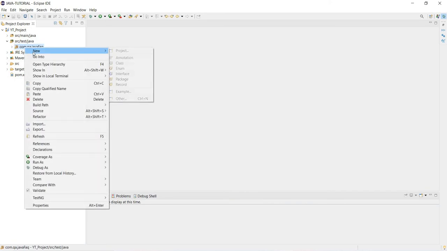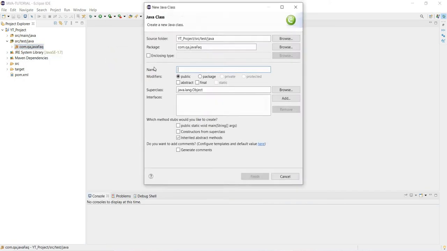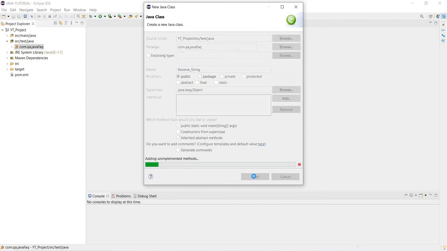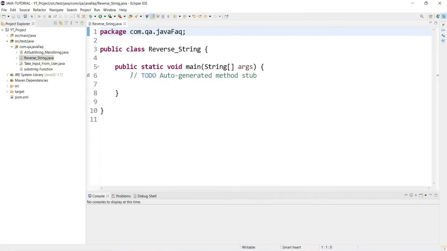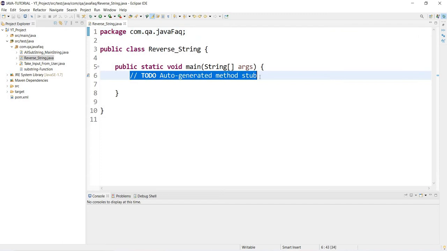In this package we'll make one class, and the class name is ReverseString. Okay, and we'll take the main method as well, and finish this one. So the class is created, and as we know, String is an immutable class in Java, so we do not have any modification method like reverse.